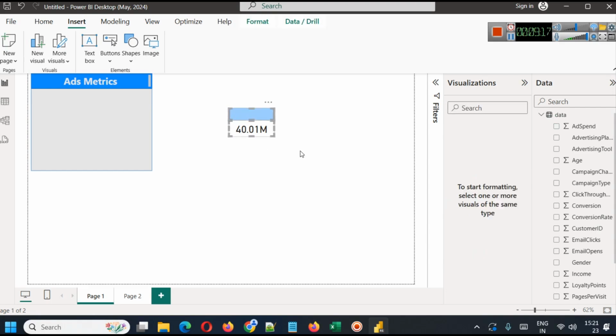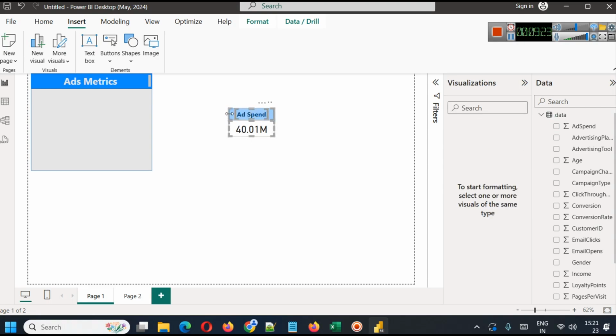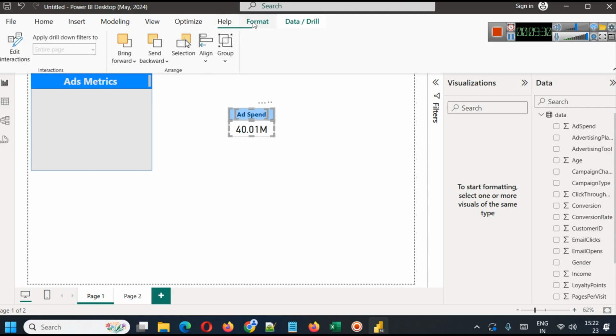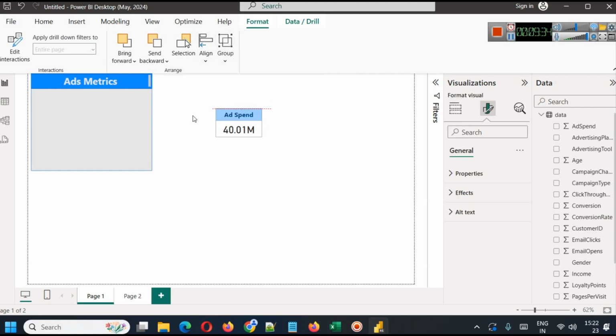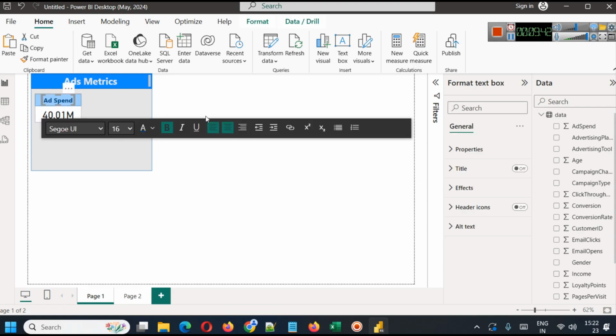Now we will select both of them, and also ad spend and also this. So I'm pressing Control to select everything, and in format, I will group them together. Now we have grouped them, and now we can drag them here. So this is our card, ad spend. Okay, we will select the entire thing